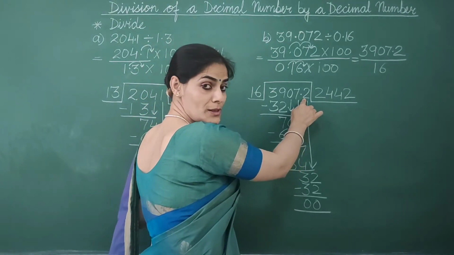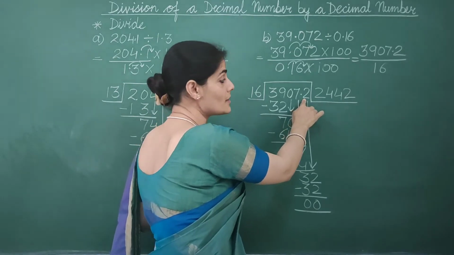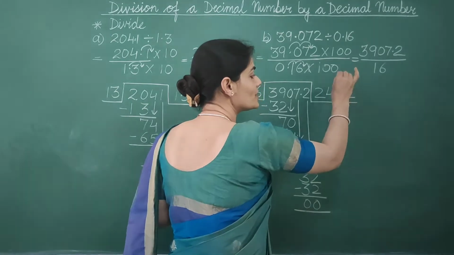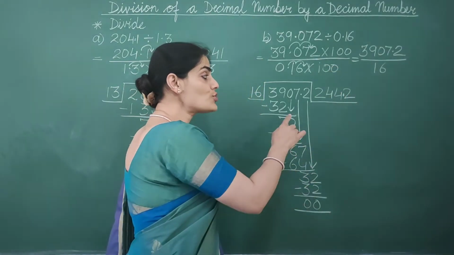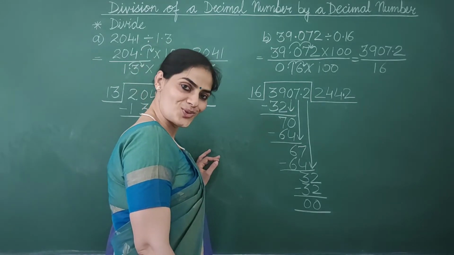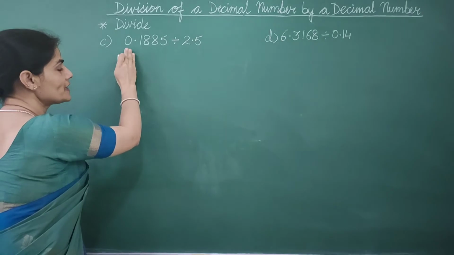How many decimal places is it having? It is having only one decimal place. So count from the right side 1 and put the decimal. So the quotient is 244.2. In part C, we have to divide